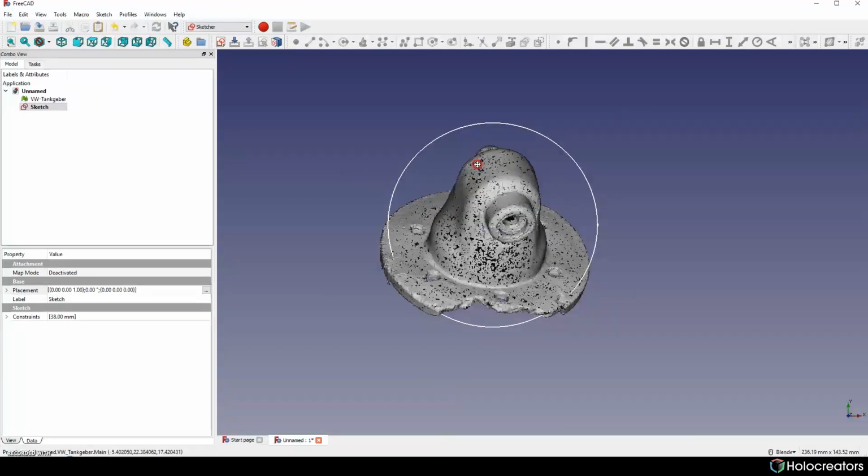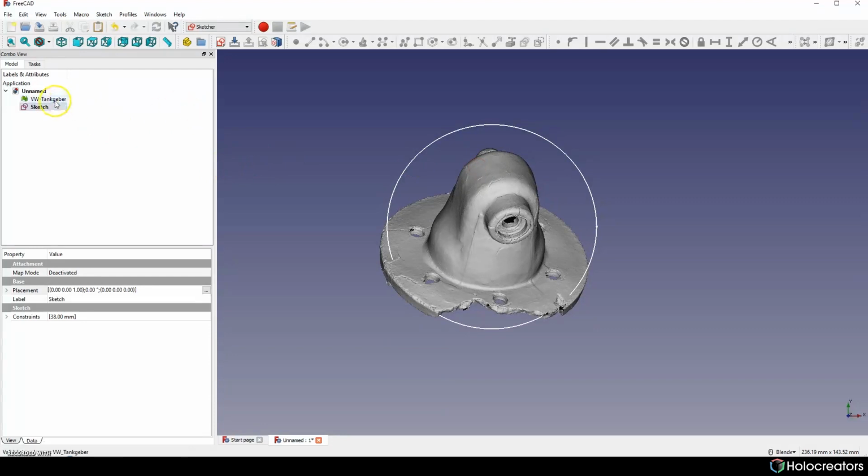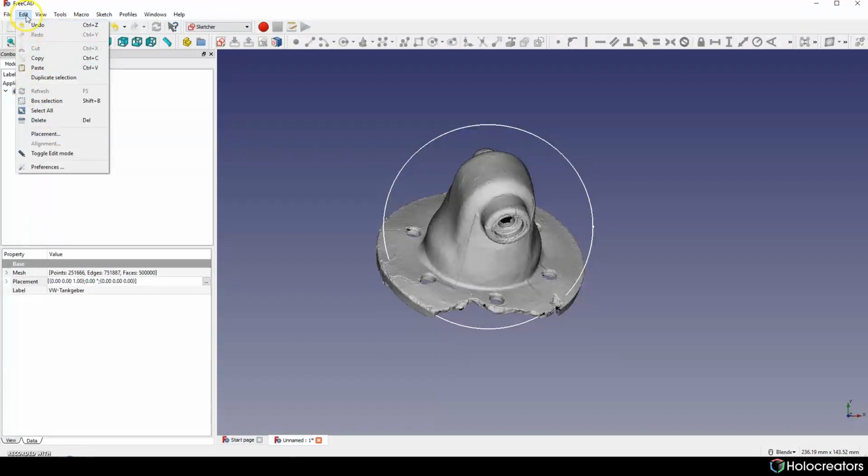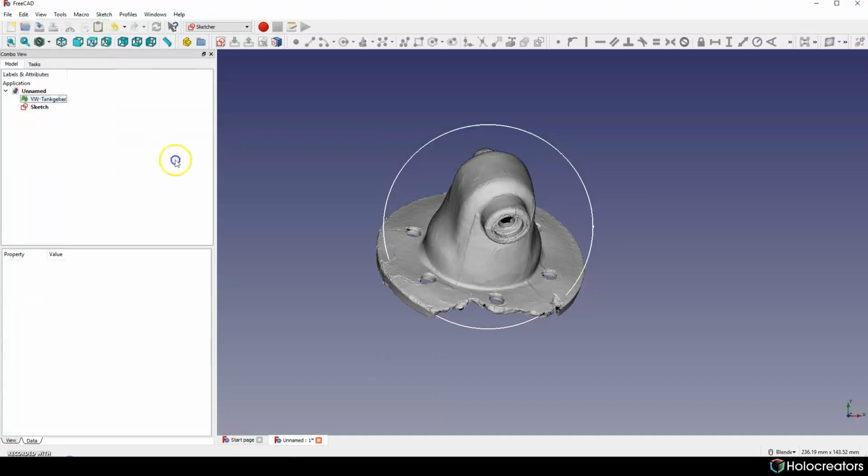To do this, we can choose our model, and we can find the placement tool in the Edit menu, or we can just click on our model and we will see our placement parameters here.